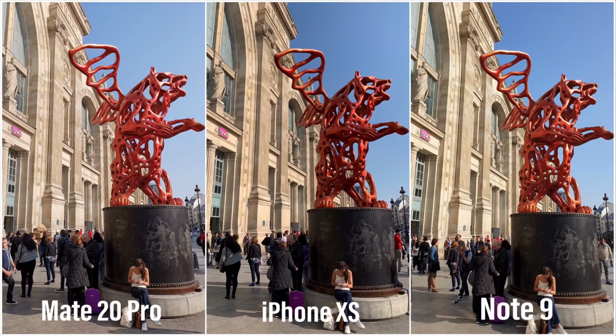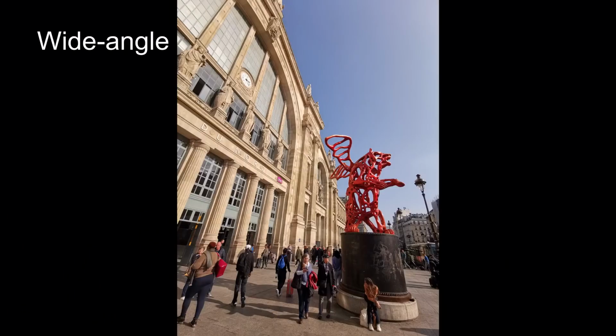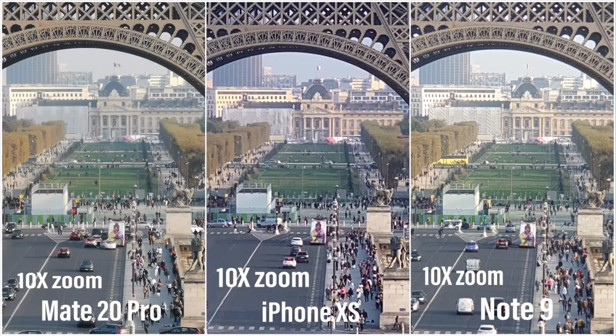So in the day, as mentioned, all three cameras are badass. All three focuses really fast. I think the Mate 20 Pro with the wide angle lens just adds an extra dimension to all the photos. So the Huawei Mate 20 Pro having a third camera also helps with zooming because one of the lenses is